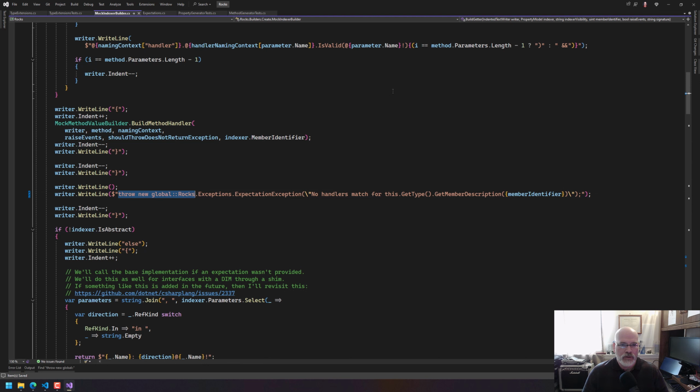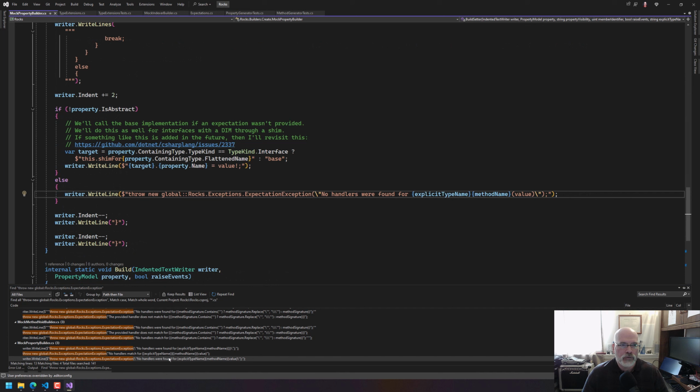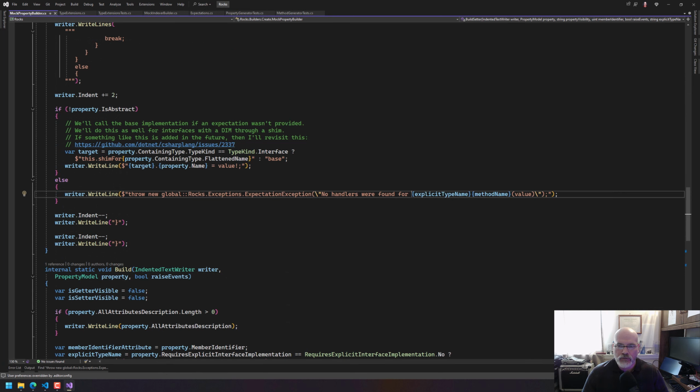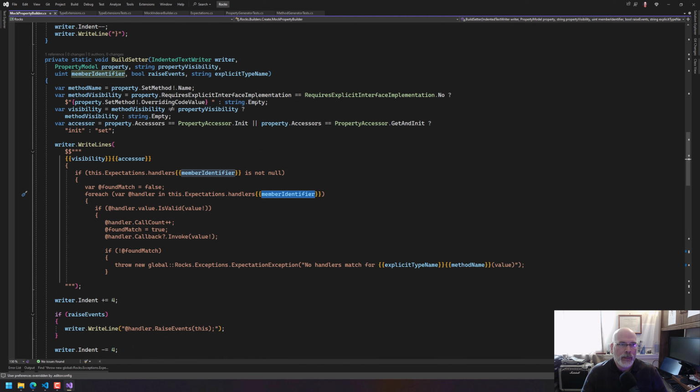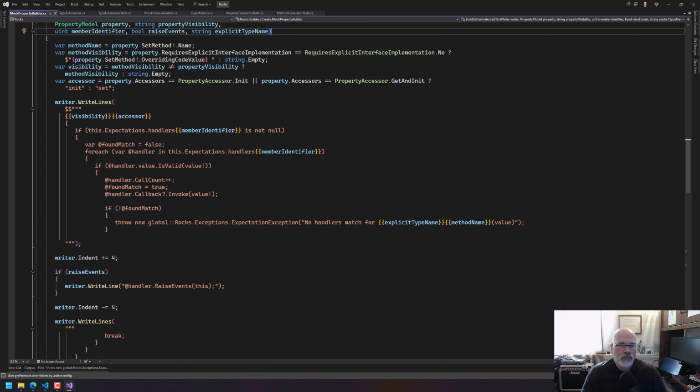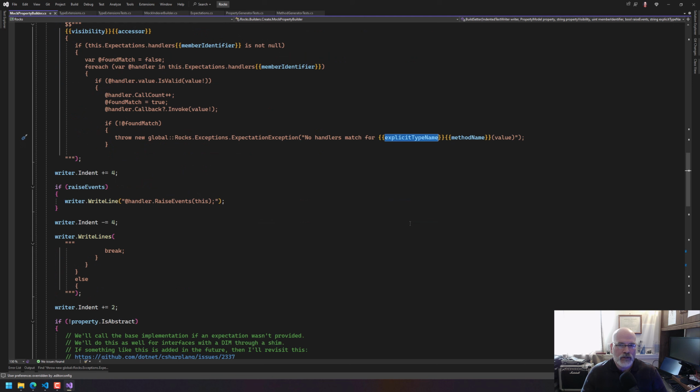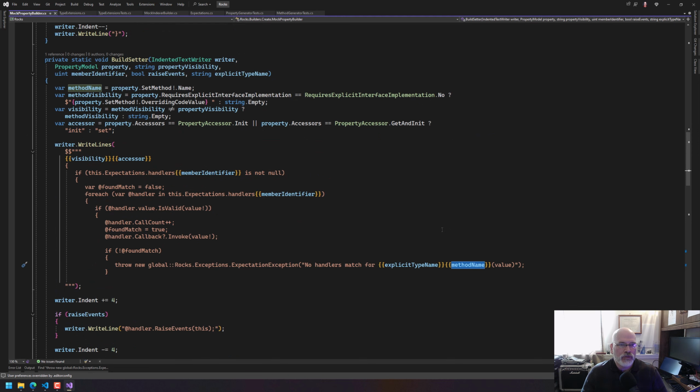Okay, let's get back to finding this. And then we want to say for that whole thing. Okay, so let's go back here. Mock property builder. This is in create. No handlers were found for, ooh. Well, what is value? This isn't a property, which makes sense. I think in this case it's okay because we were never doing anything with member identifiers for this stuff. This is building the setter, which we could always just say explicit type name here. And that's what's passed in. And then I think if it wasn't, it's just an empty string. And then the method name here is, you know,